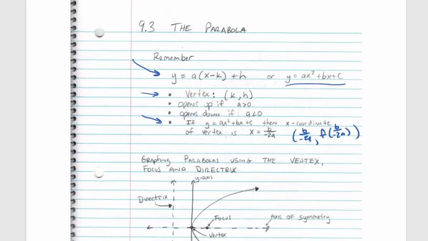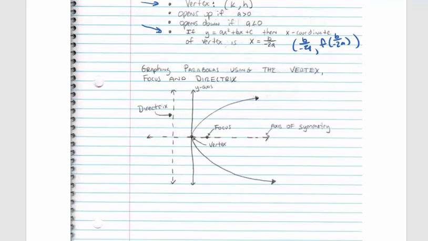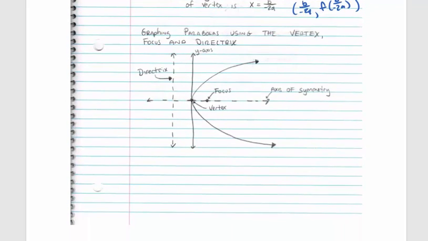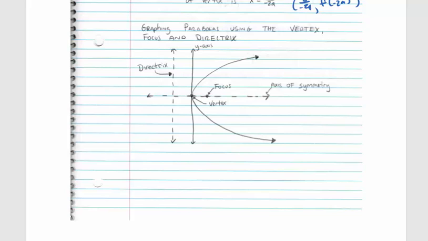What we're going to do today is look at another way of working with a parabola, another way to graph, another way to think about this. That's looking at the parabola again with the vertex that we're familiar with, but here are some new things for us: the focus and the directrix. I've got a parabola here now, and instead of opening up and down, we're also going to be looking at parabolas that open left and right today. And the directrix is just this line